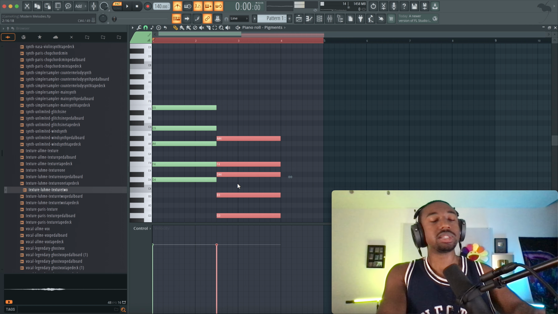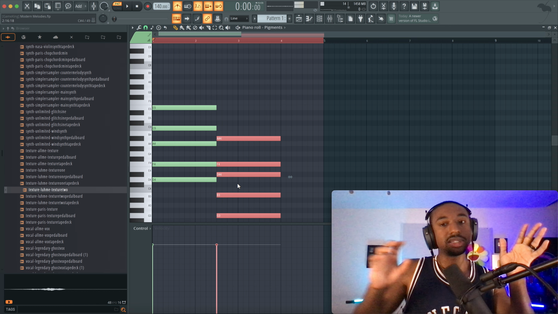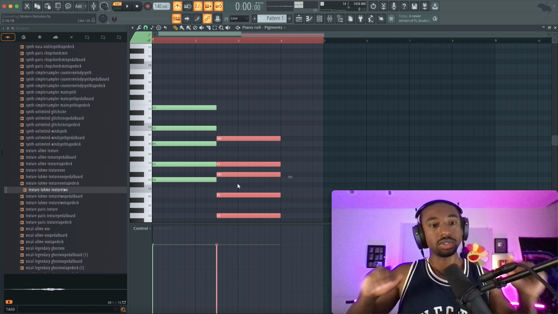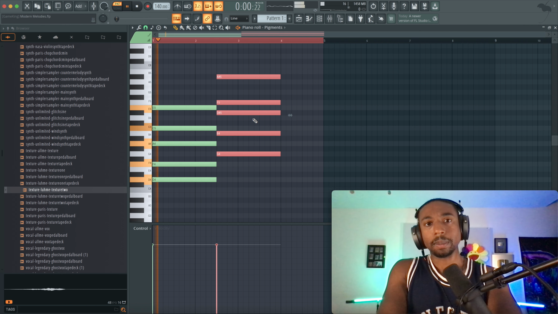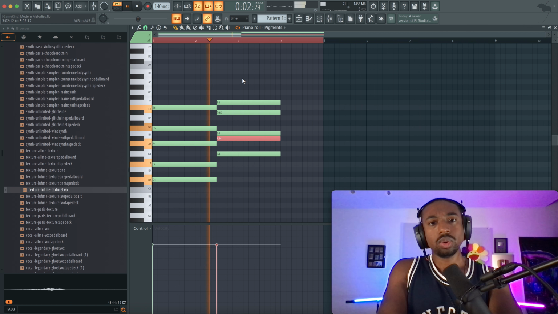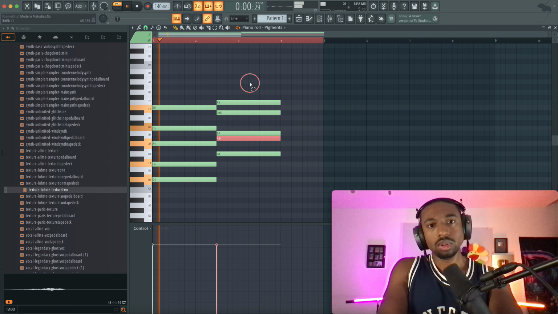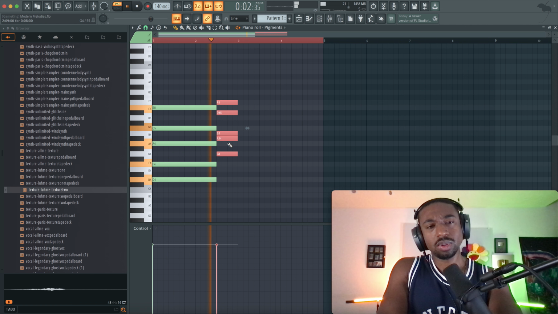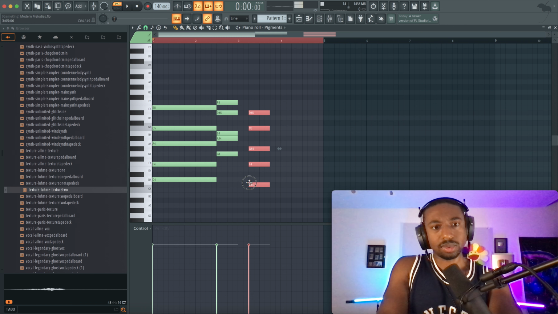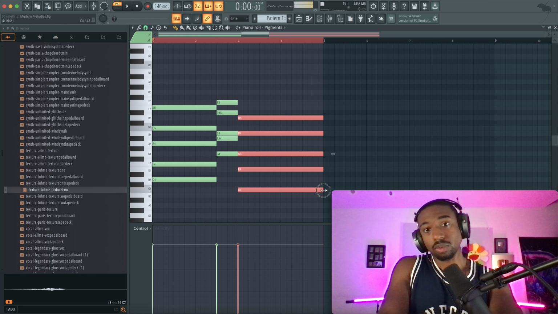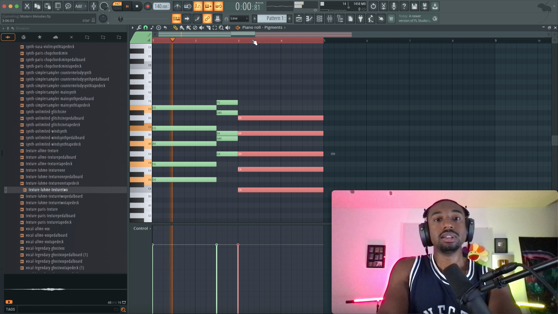Now the one thing about one shots is that the high pitch stuff goes faster and the lower pitch stuff goes slower. So that's the only thing here. It's a little quirky. So lower notes, I would assume, are better. So some stuff sounds good and some stuff is hit or miss, but overall, this technique is nuts.